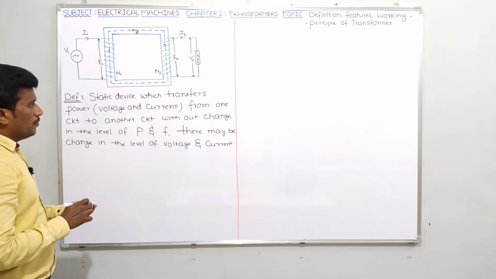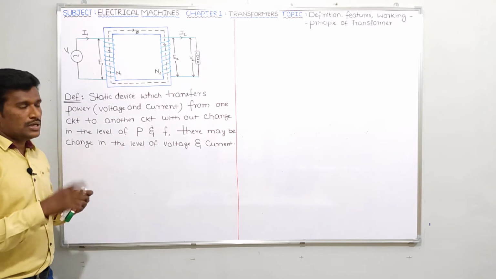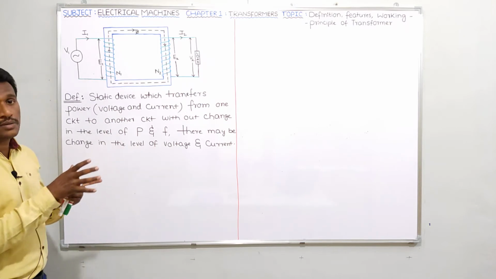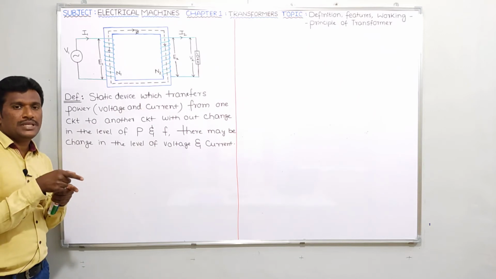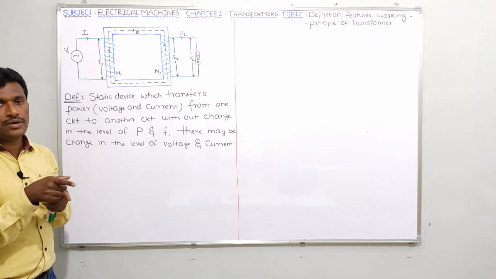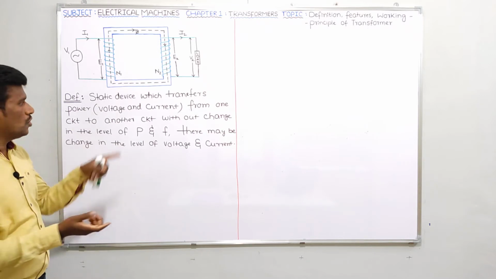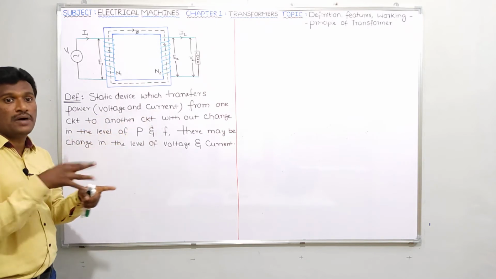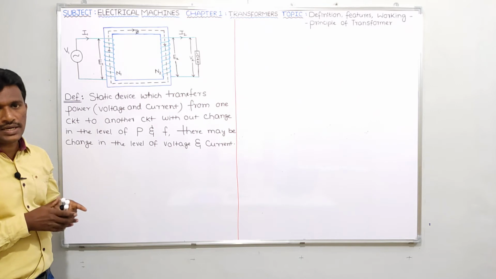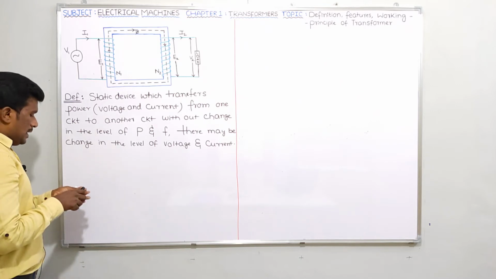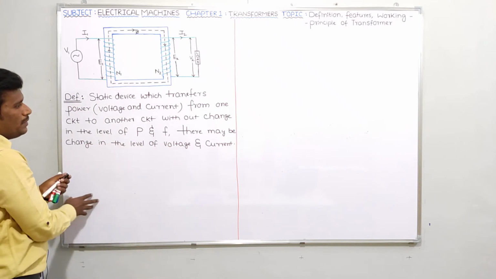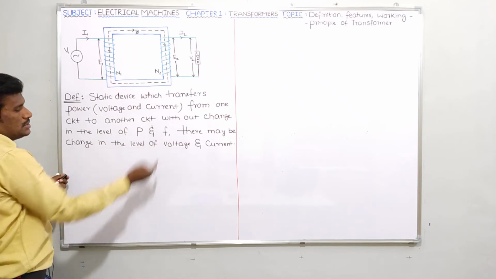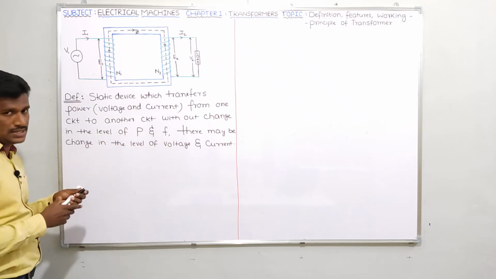Right. Now see, previously in one PSU exam they asked one question: transformer transfers. Option A they had given voltage, option B current, option C voltage and current. You should go for the option voltage and current. It transfers power, both voltage and current. So next, what I said: while transferring from one side to another side, there should not be change in the level of power and frequency. There may be change in the level of voltage and current.